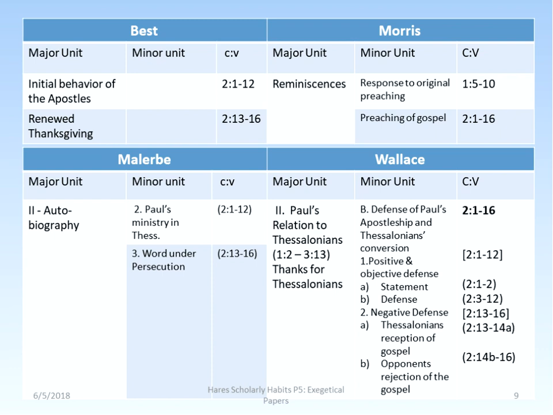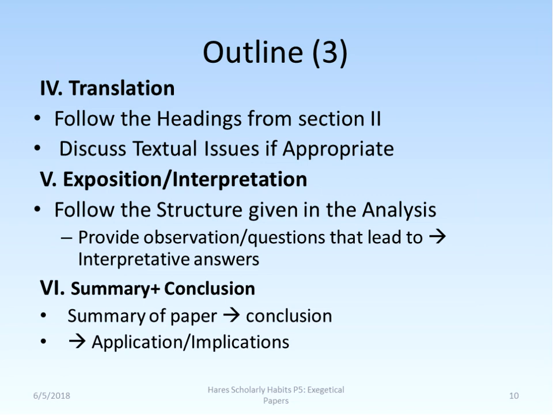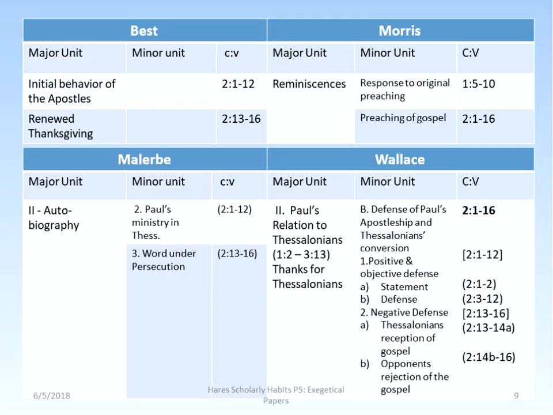He sees the defense of Paul's apostleship and the Thessalonians' conversion in 1:1-16, where it's a positive defense in 1:1-12, and a negative defense in 2:13-16. He has subsections on that, statement and defense in each, and in the negative defense, the Thessalonians' reception and the opponents' rejection. If you look further, we would have to say all of these are possible,